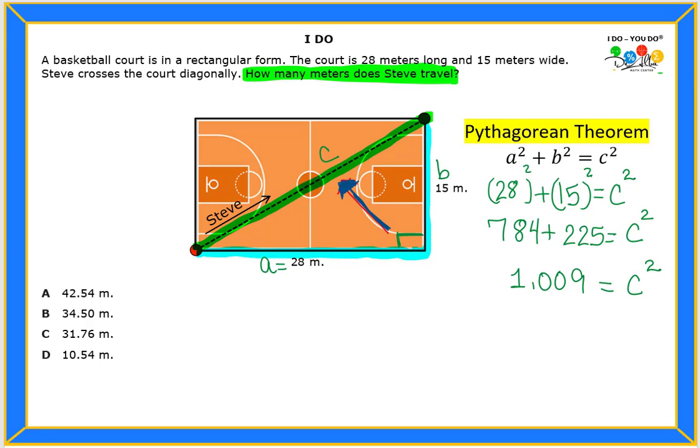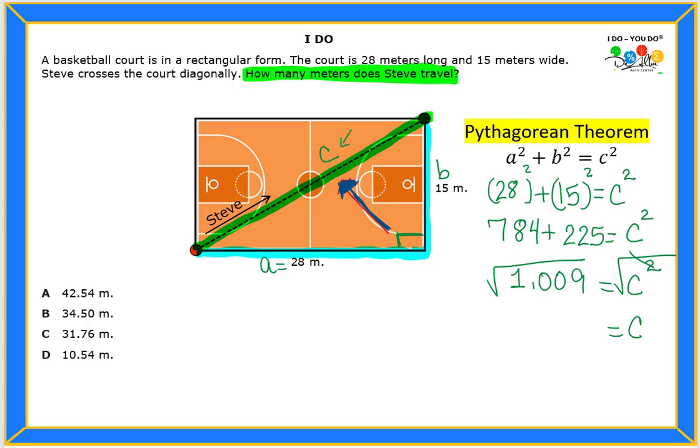Now, please don't tell me that that's the answer, because 1009 is not just C, it's C to the second power. So to find C, to make this one look like this one up here, I will need to find the square root on both sides. That's how I get rid of the second power. So this cancels, and C is going to be equal to, if you input 1009 in the calculator, you're going to get